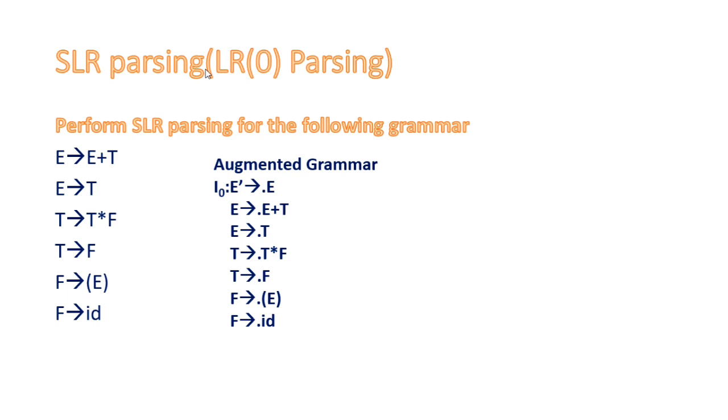So we will name this item set as item set 0. Now the intention of SLR parsing is that we have to process this dot. We should move this dot to the right side till the end of the production. That means when you place the dot in the production, after the dot there should not be any other terminal or non-terminal. So we have to place this dot at the right end of the production. We should continue this in an iterative process until we attain the dot at the end of the production. Now when we take up this I0,